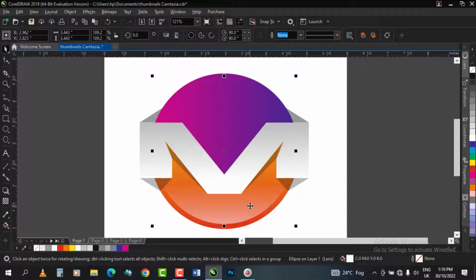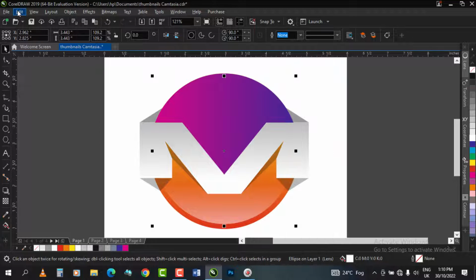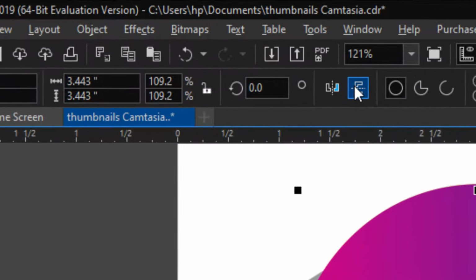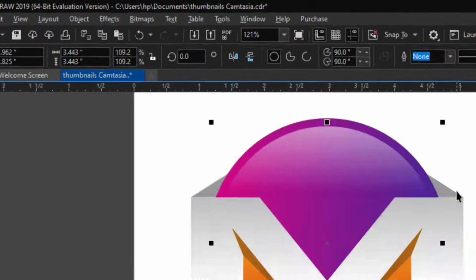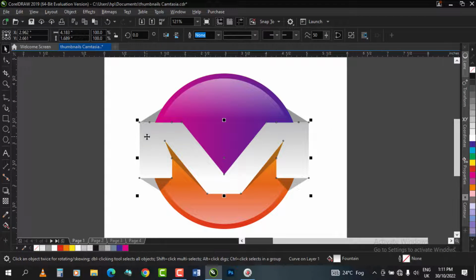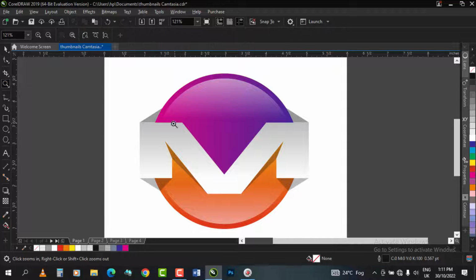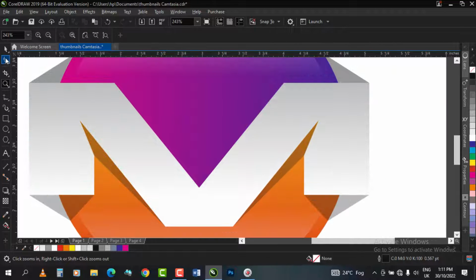Now again, you want to copy this transparent circle, paste, come to the mirror buttons and mirror it vertically to get that part. All right, select this M shape, Shift Page Up to bring it to the front, and then give it